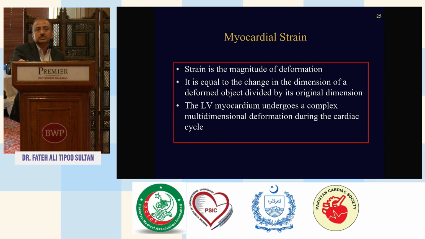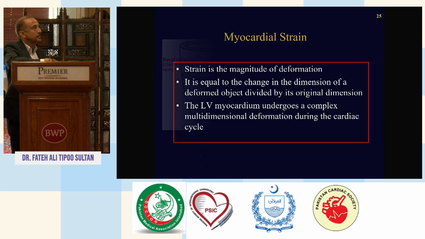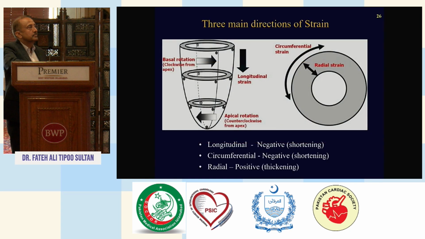It's multi-dimensional, multi-directional, because Allah Miyan ने हार्ट इस तरह बनाया है कि उसमें बहुत सारी डायरेक्शंस में मायोकार्डियल फाइबर्स अरेंज हुए हैं, सिर्फ एक डायरेक्शन में नहीं है. It's a very strong organ. मैं अपने स्टूडेंट से यूजुअली कहता हूँ ये वो वाला ऑर्गन है जो कि उस वक्त स्टार्ट करता है जब आप पैदा भी नहीं हुए होते और उस वक्त तक चलता रहता है जब आप ख़त्म हो रहे होते हैं, जा रहे होते हैं. So myocardial strain, there are three main directions of myocardial strain.